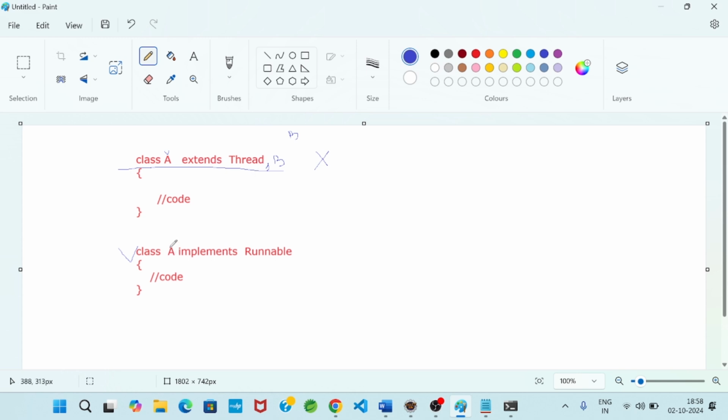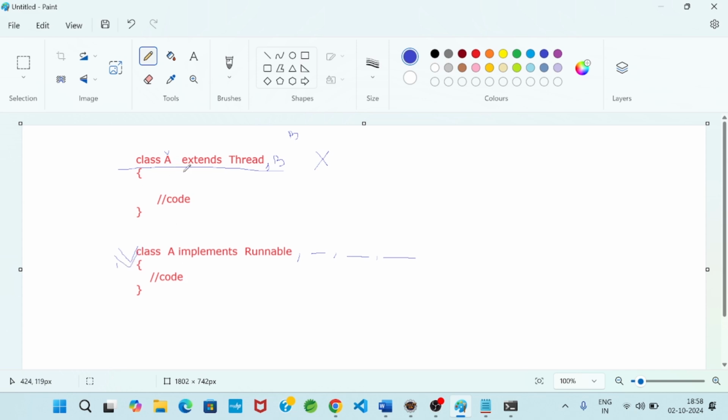Whereas this class implements the runnable interface, and apart from the runnable interface, you can add any number of interfaces. There is no problem. One class can implement more than one interface, no issue. But one class cannot extend from more than one class. So here functionality is less; there functionality is more and more.